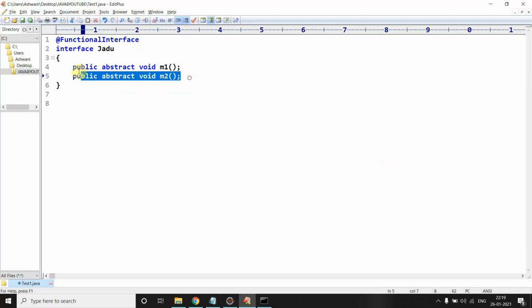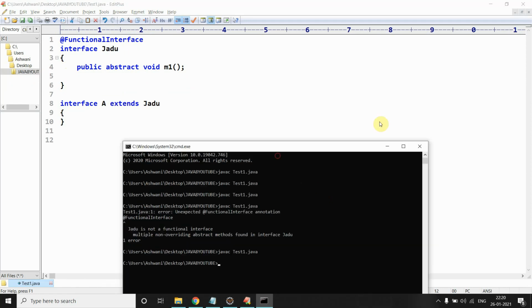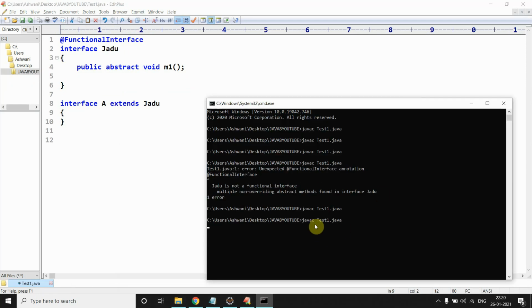Suppose this is a functional interface, and there is another interface here that's called A, and it extends Jadu. If I compile this now, it compiles fine.